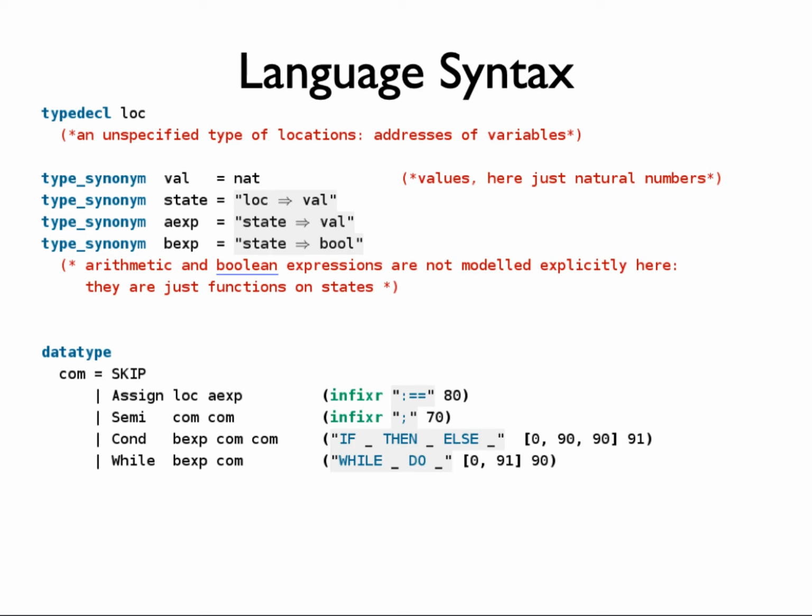Next, there is a semicolon, which connects two commands to be executed one after the other. The conditional, which is, of course, if then else. Grammarians, by the way, will tell you it should be if then otherwise, but too bad. And finally, while do. And you see, by the way, on the bottom right there, I have provided syntax for those things so that we can write a thing that looks like